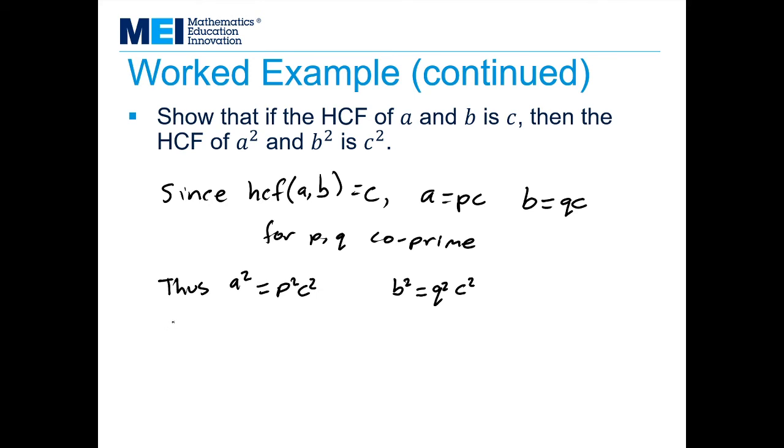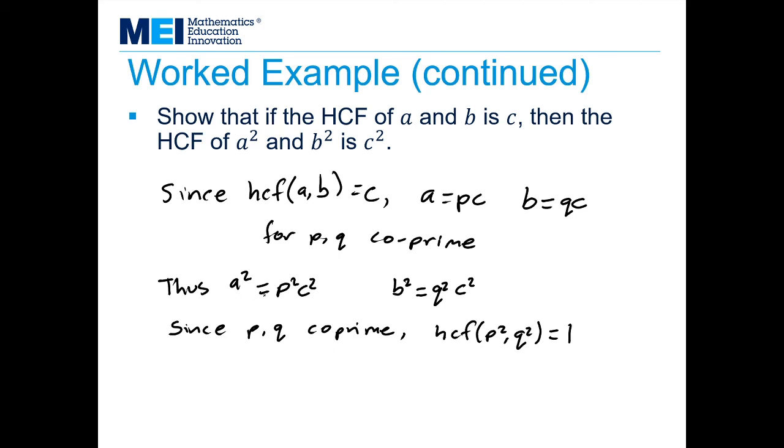But since P and Q are co-prime, I know that P squared and Q squared are also co-prime. So the highest common factor of P squared and Q squared is also 1,